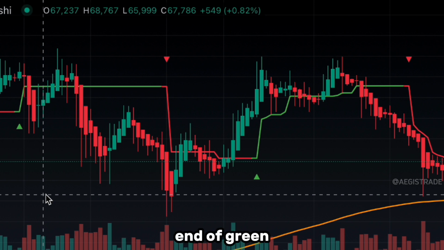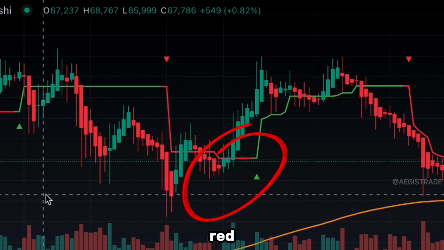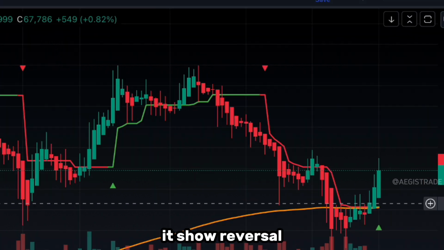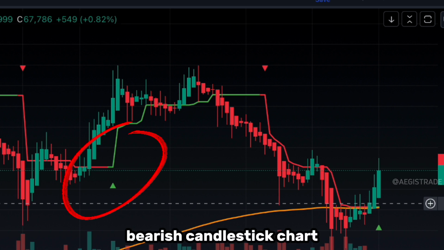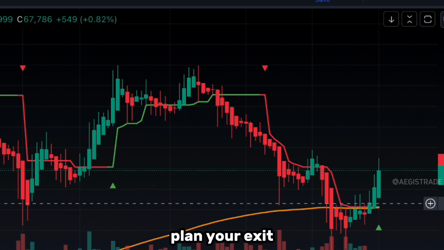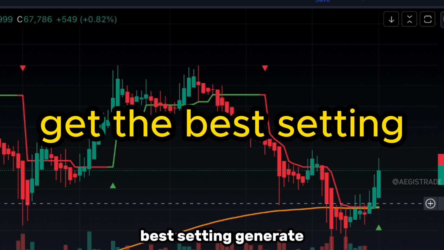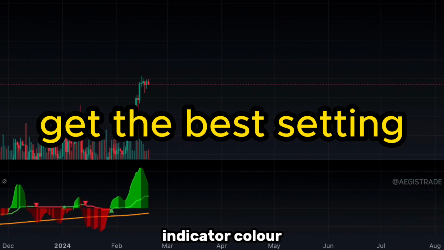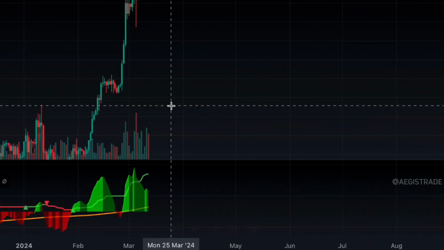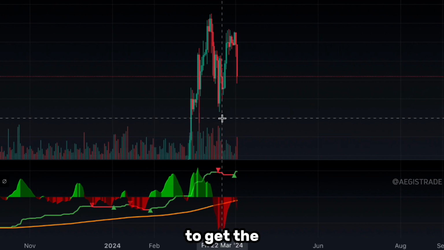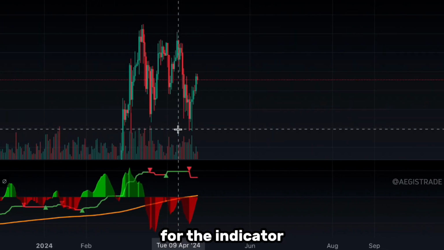While when the green candlestick turns into a red candlestick, it shows a bearish reversal candlestick chart pattern, and you can plan your exit or short position. In this video, I will teach you step by step how to optimize the best settings for this indicator, and generate the chart indicator colors similar to my settings. Make sure that you watch to the end to get the most optimized setting for the indicator